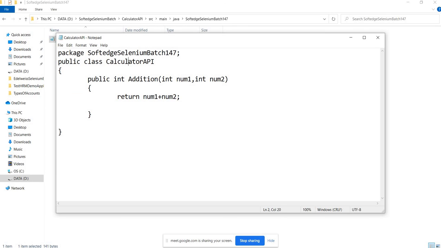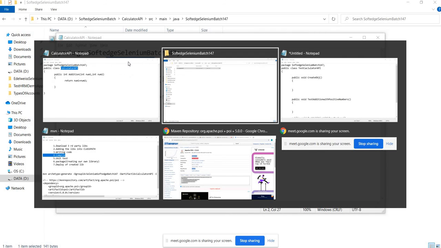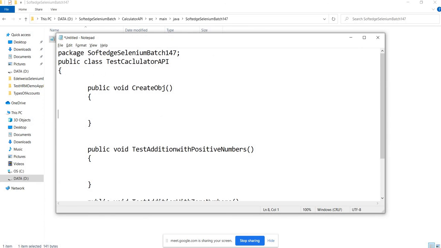So for that I need the object of this class first, otherwise how would I call this function and get it tested, right? So I will create the object of this class. I will create the reference variable calc, because I would require this variable to call the addition function in different methods here. I cannot define it local to one method, otherwise it won't be available to other functions, right? So I'm keeping it at the class level and I'm going to do calc new.